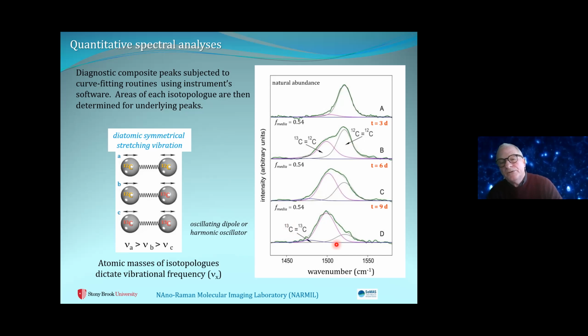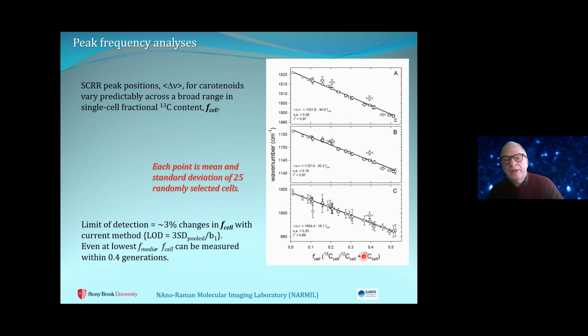That experiment that I showed earlier, where we had multiple concentrations of C13 and a time course, was summarized in these figures here. Basically what we're comparing is the isotopic abundance of the cells, or the fractional abundance in the cells, how much C13 per total carbon, C12 plus C13, and what is the effect on the wave number or frequency of those 3 Raman peaks. And you can see there is a very predictable shift.